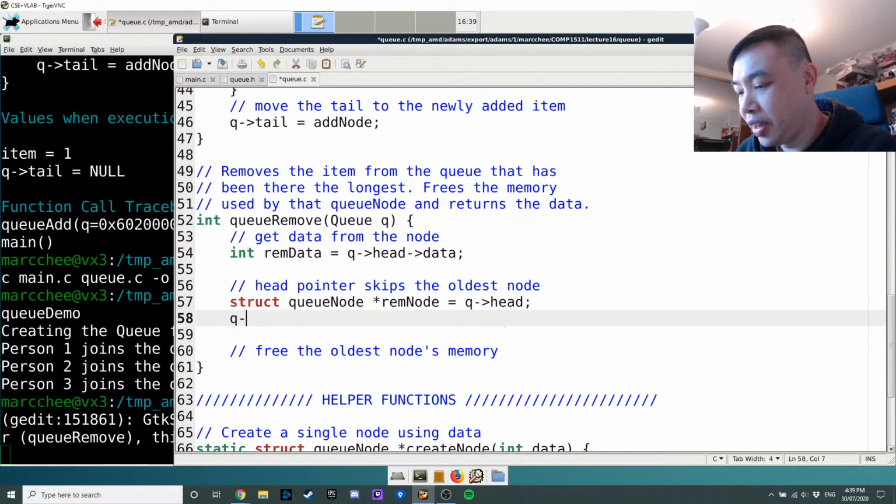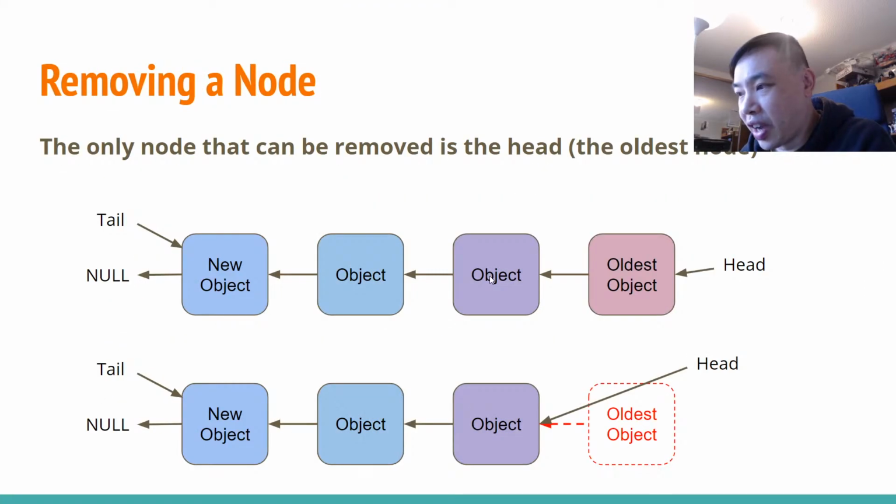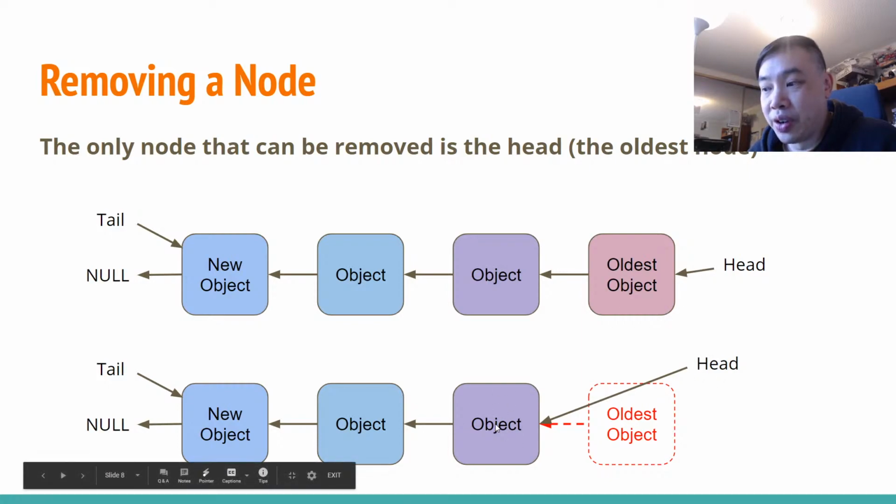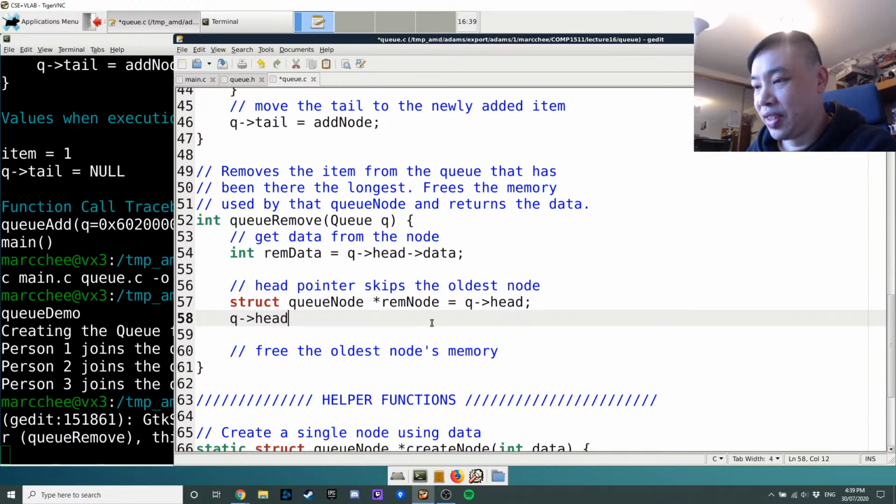So I'm going to say the queue's head. Let's go back to my diagrams here. The queue's head here was pointed at this node, but now I want it to point at this node. This node is the next of this node. So I'm going to say that the queue's head will now be the next of what had been the queue's head before. So it's a pretty confusing line of code,